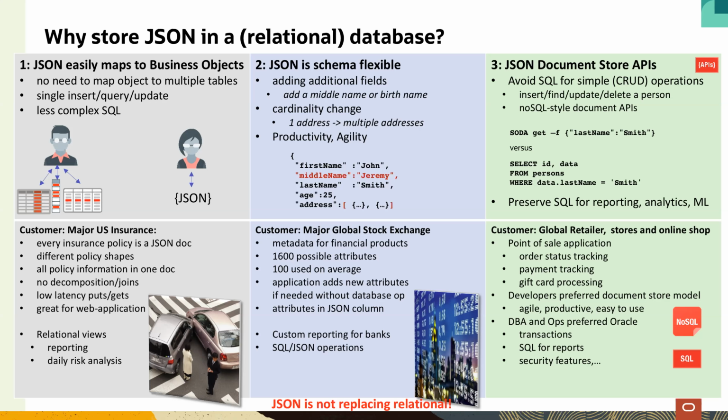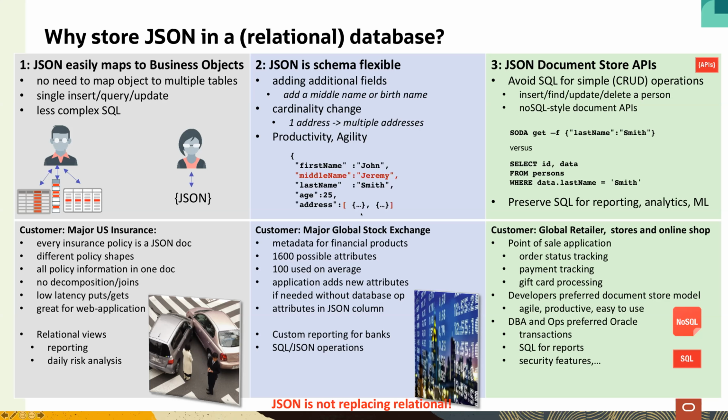And the other more severe schema change is a cardinality change. So maybe we realize after a while that a person could have multiple addresses, not only one. And now in the relational world, we could say, well, let's add more columns for these addresses, which makes it hard to query. Or we say we just use a different table, like an address table, whereas in JSON, all you do is you convert your address, which used to be a nested object, into an array of nested objects.